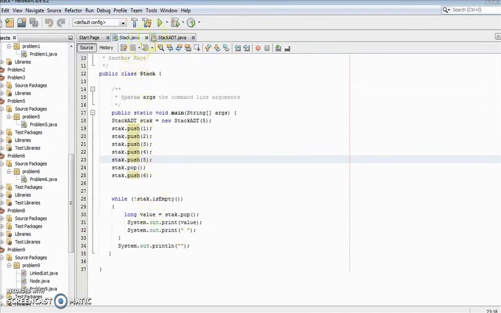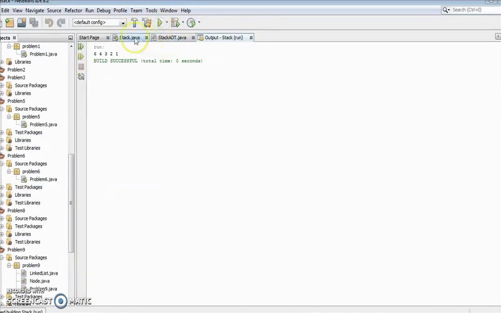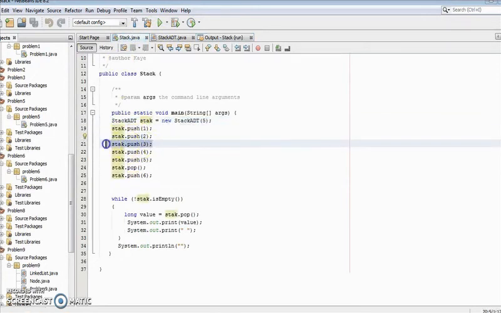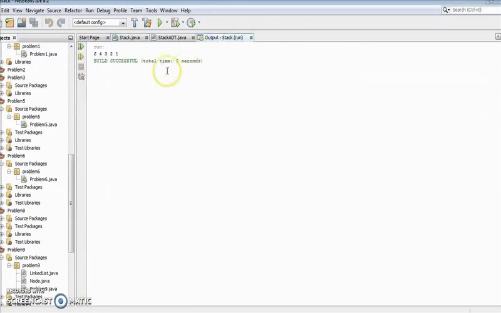Now let's trace the implementation for stack. We push 1, 2, 3, 4, and 5, and our array consists of 5. We pop and push 6. So the output will be 6, 4, 3, 2, and